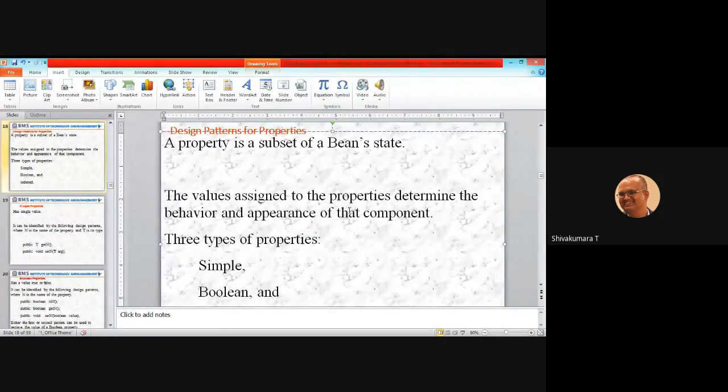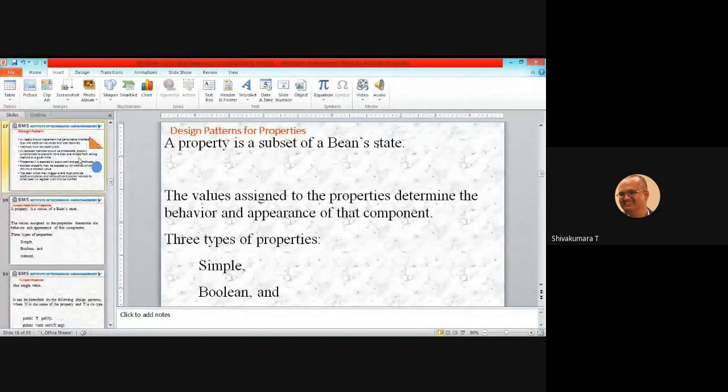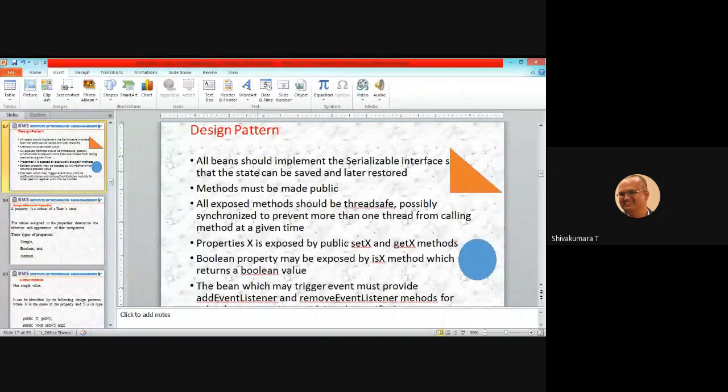Okay, design patterns for properties. What we discussed, this design pattern is common to all Java beans. The first property is implementing the serializable interface. Second, you need to expose the methods as public. The third is you need to maintain thread safety, to prevent more than one thread from calling a method at a given time.